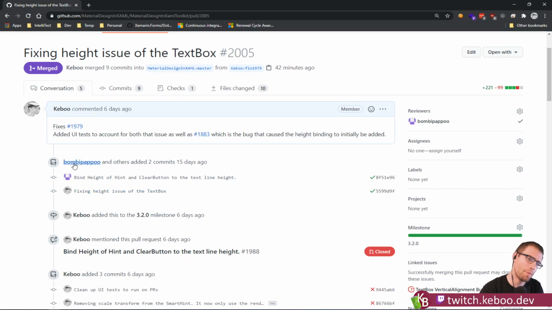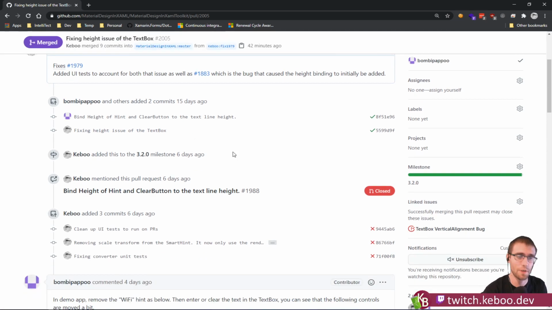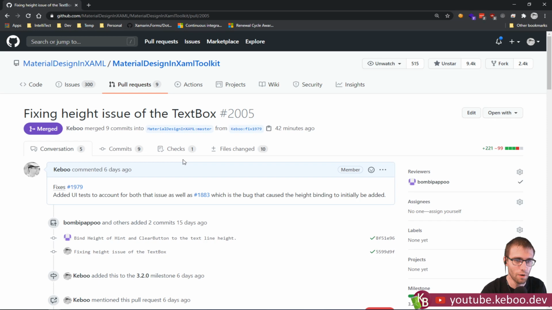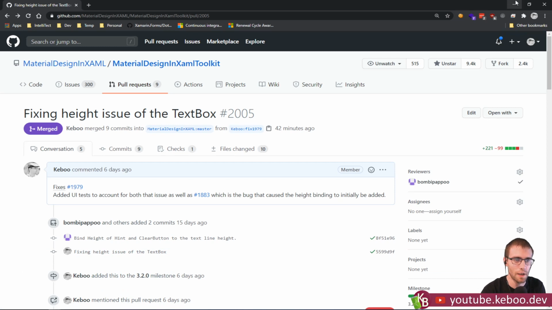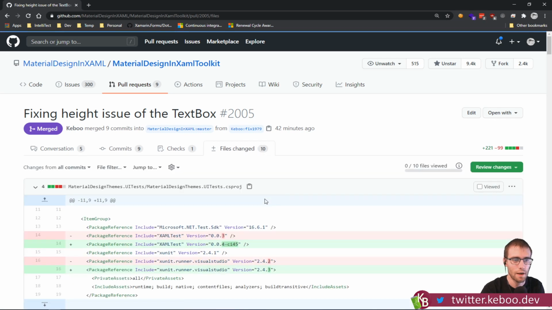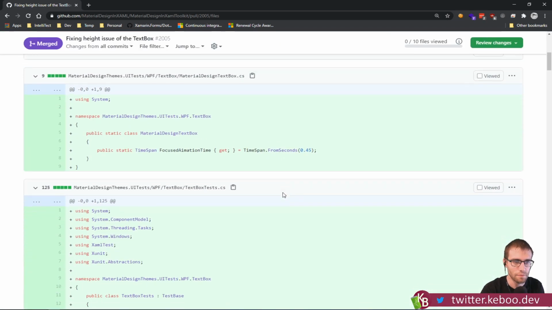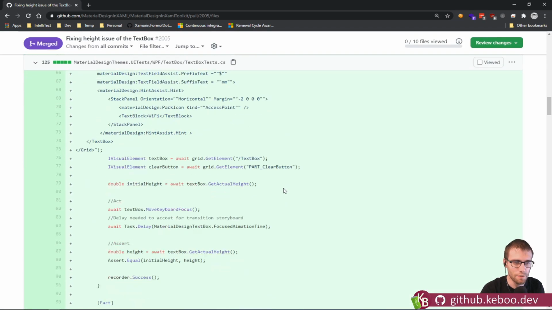Bombi Papo, I'm probably butchering your name. So if you're watching this, thank you very much. I appreciate your patience and your code reviews on this. So we went round and round trying to get this thing fixed. So there was a fix that was put in. Ultimately, the problem was that if you added extra lines to a text box, if you deleted those lines, the text box didn't shrink back up into size. Right? And if we go in here and look, the reason for it,